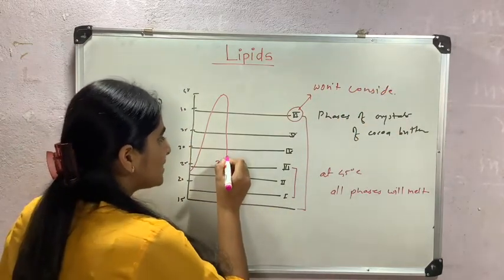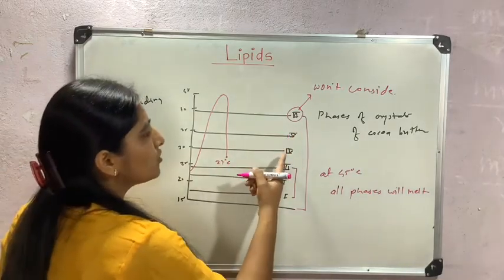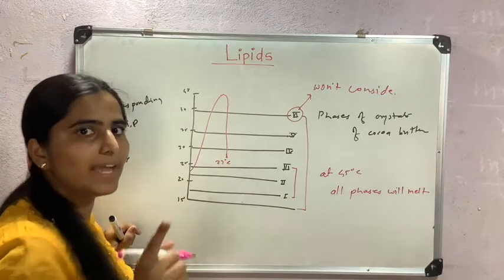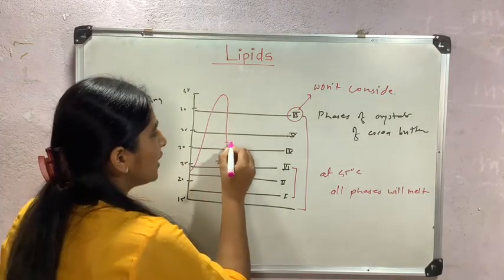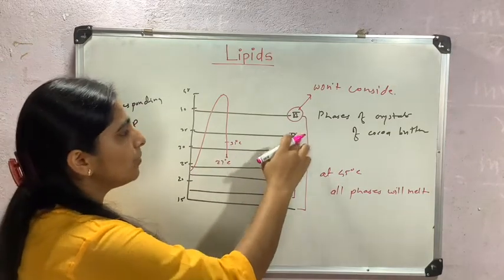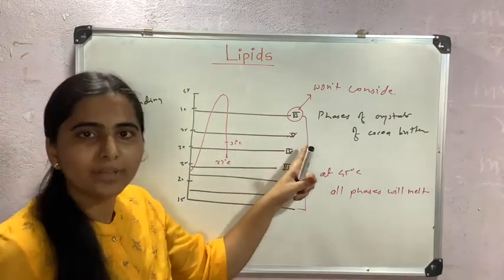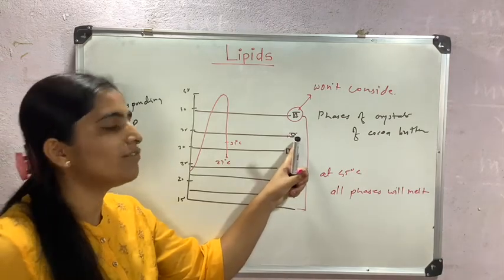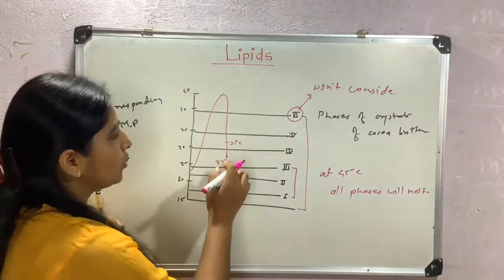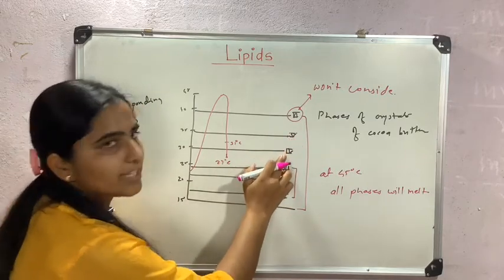At this temperature, 27 degrees Celsius, there will be faster growth of phase 5 and slower growth of phase 4. Therefore, we have to undercool the chocolate. If we cool just to 31 degrees Celsius, the temperature above the melting point of phase 4 and below the melting point of phase 5, yes, there will be growth of only phase 5, but it will be slow growth, and it will take too much time for the chocolate to set. Therefore, we have to undercool the chocolate to 27 degrees Celsius. Then there will be faster growth of phase 5 crystals and slower growth of phase 4 crystals.